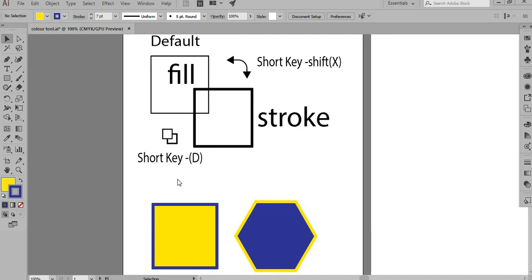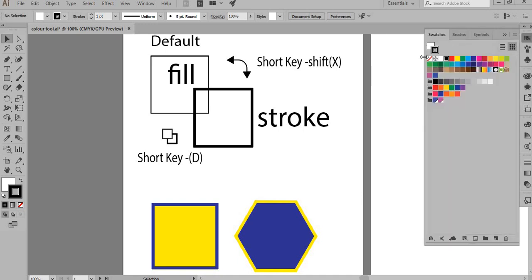In this movie, we will talk about colors, and I am dividing the movie into two parts. So let's just focus on the three main areas where we can get the colors from. It is from the bottom toolbar here, in the control panel, which is right at the top, and in the panel dock you see a grid form, and if I hover my cursor it says swatches. If I click on it, there is a swatches panel. So this is the third area where you can find your colors.